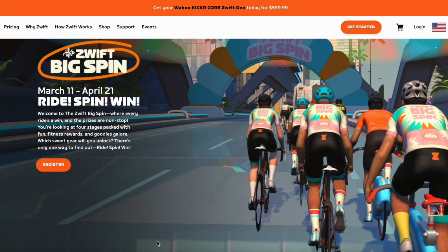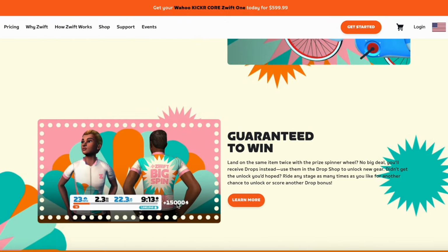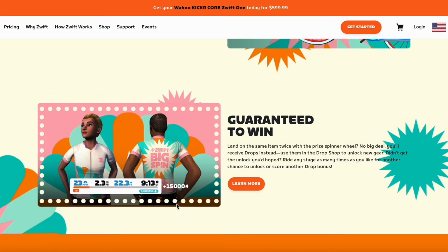Now, this is very similar to the spinner that we see at the top of Outdo Zwift, where you have 4 different prizes that you can unlock: socks, gloves, wheels, and helmet, I believe. Once you unlock each of those, you can get XP, or drop bonuses once you finish that. You can see in this graphic that if you get one that you've already had, you can get 15,000 drops,